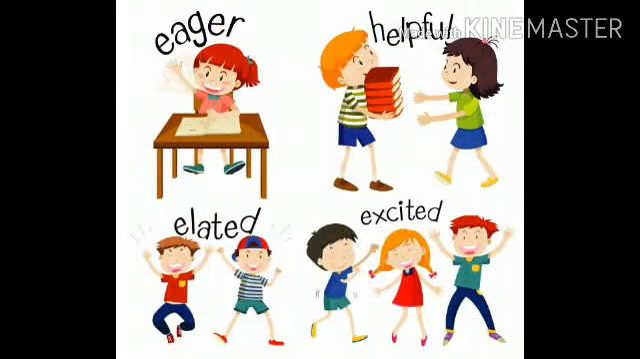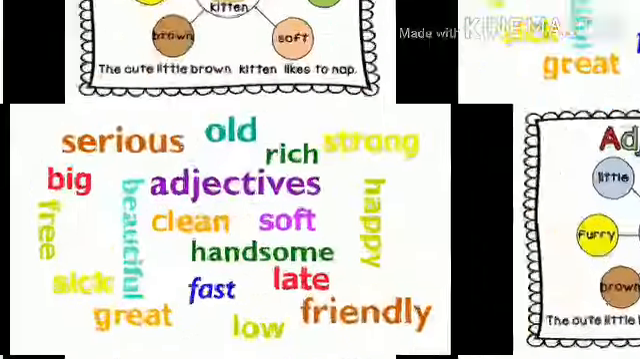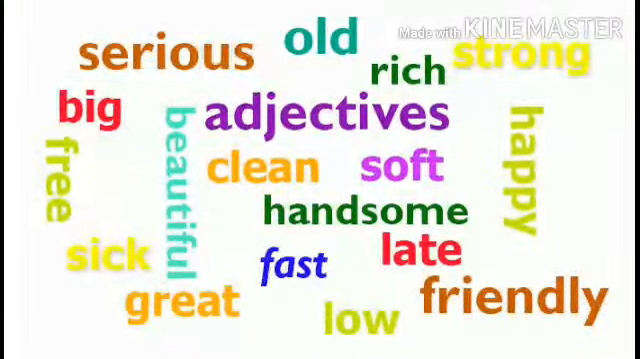Here are a few examples of adjectives. In this picture, see how many words are used to describe a kitten. For example, cute, playful, soft, brown, furry, little, etc. All these are adjectives. More examples of adjectives are: